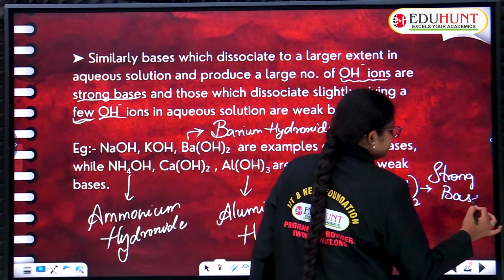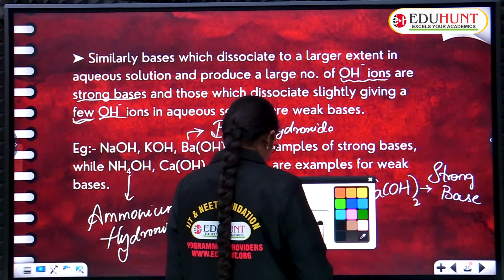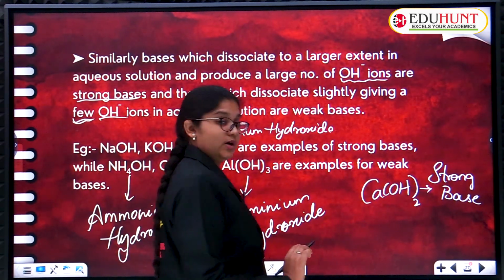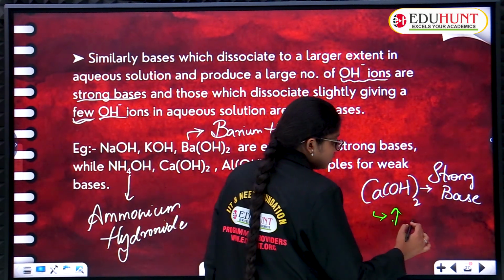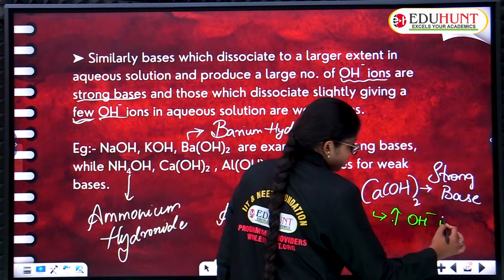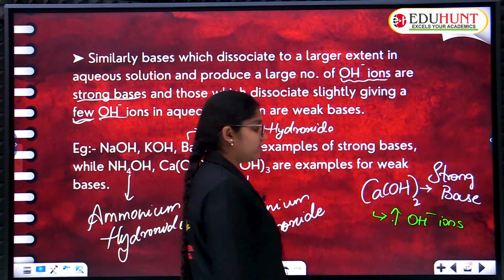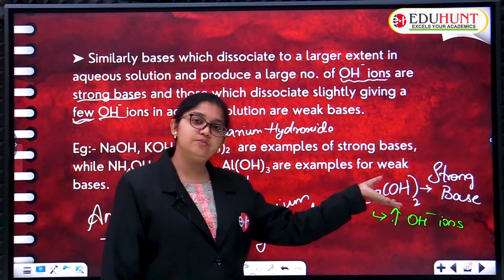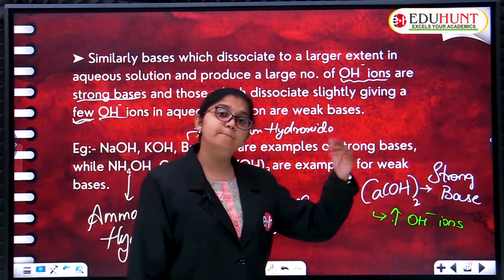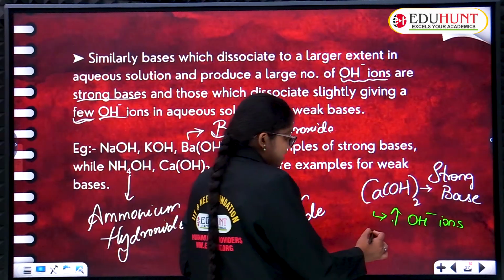You know why? Because it produces a high concentration of OH minus ions. Because of that we mention Ca(OH)2, calcium hydroxide, as a strong base, but it is having one disadvantage, that